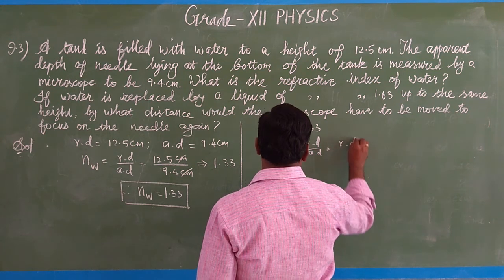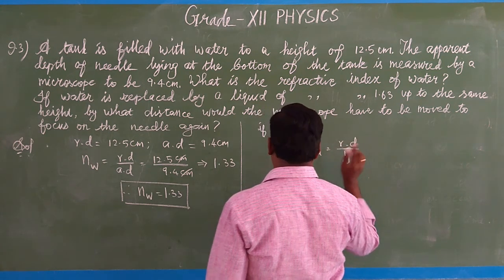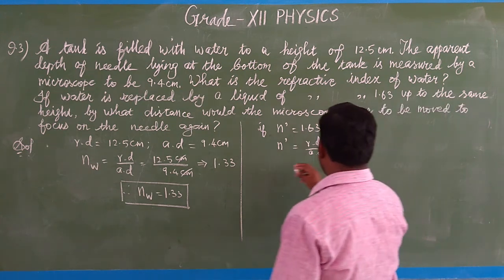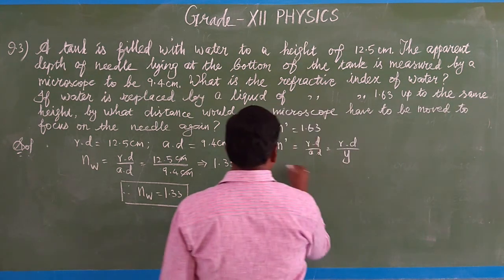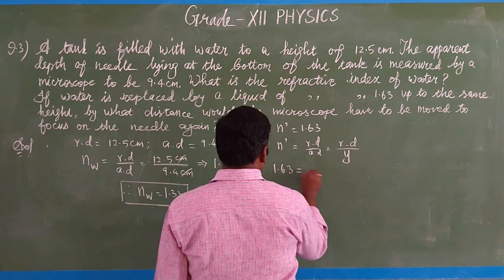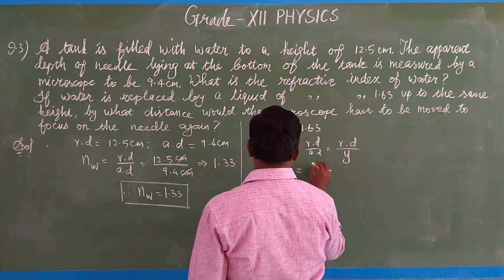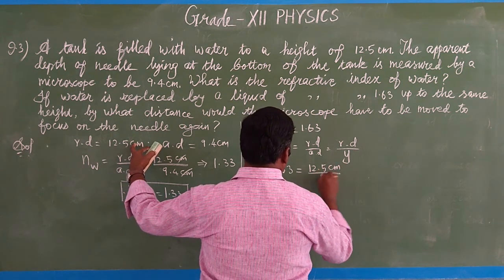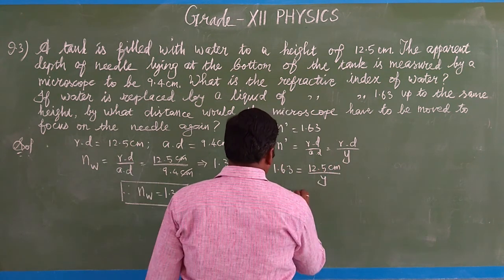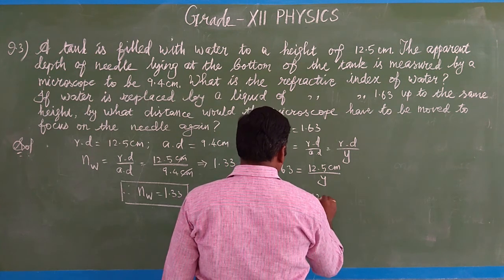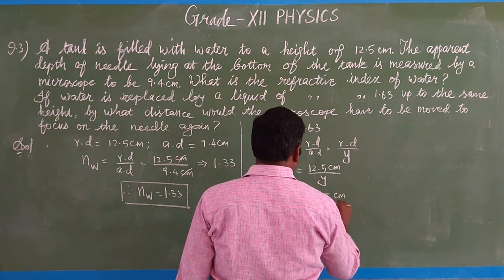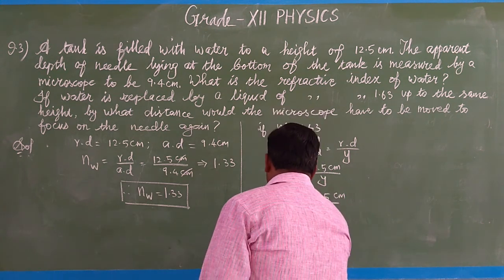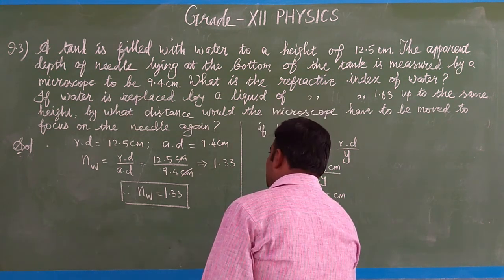The real depth won't change, but the apparent depth we want to find, which we consider as y. Rearranging the formula, they gave the refractive index 1.63, which is equal to the real depth, the original height, which does not change, 12.5 centimeter divided by y. Therefore, y is equal to 12.5 centimeter divided by 1.63. So by taking the ratio, the apparent depth in this case is